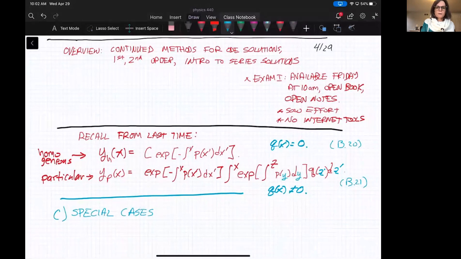Okay, let's go ahead and get started. We'll see where we get to today. I have a grab bag of things before we get to one of the more interesting ways of looking at differential equations, which is the series solution. But first, as an overview, today we're going to look at different ways of solving particular kinds of differential equations, and then probably get to series solution, at least an intro of that, and that'll bleed